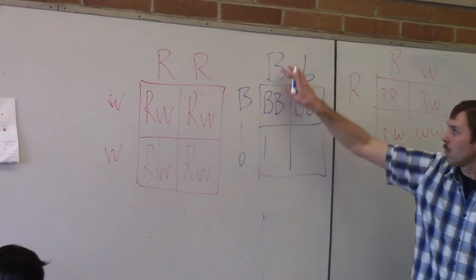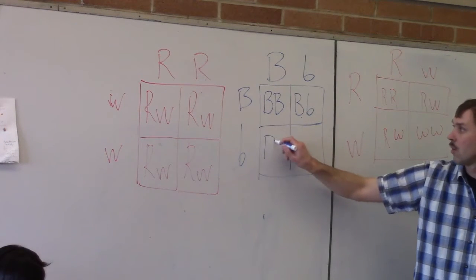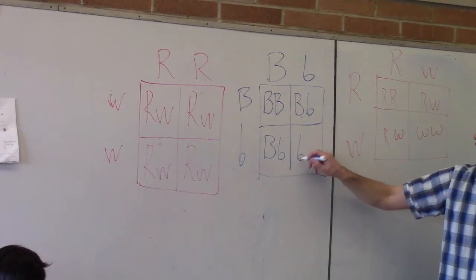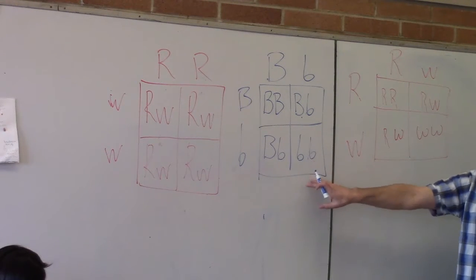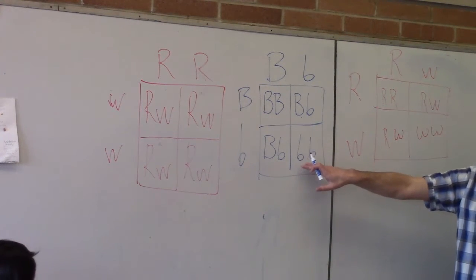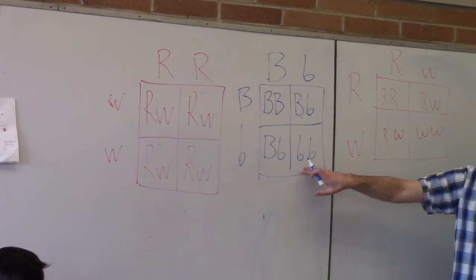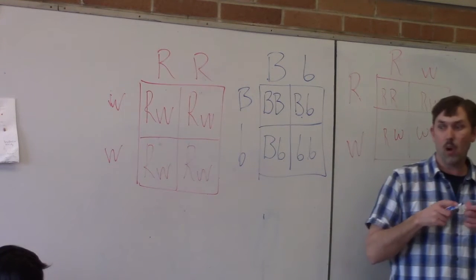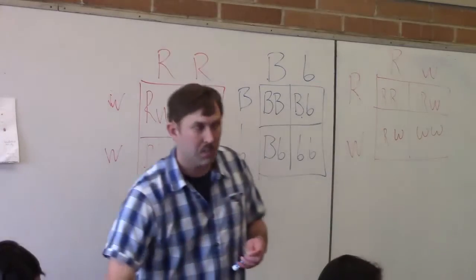All right. Here and here again. Big B, little b, and little b, little b. So if you have two little light beans, it's going to be the recessive trait. So you can write light. So go ahead and look at this table,